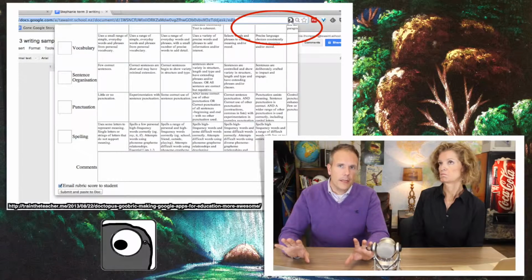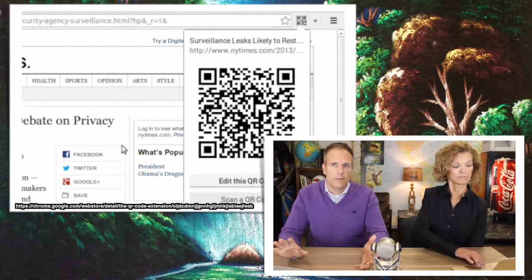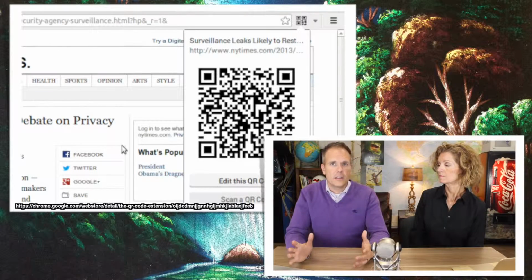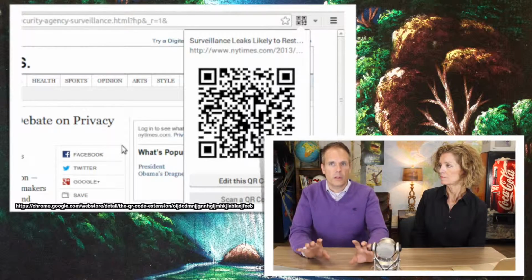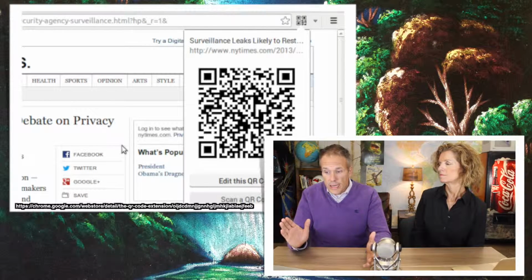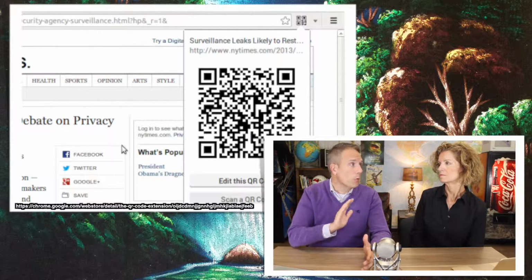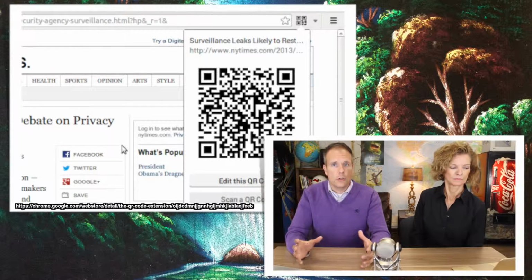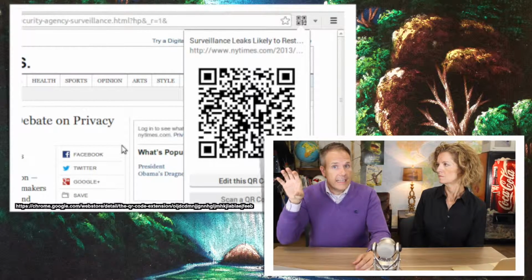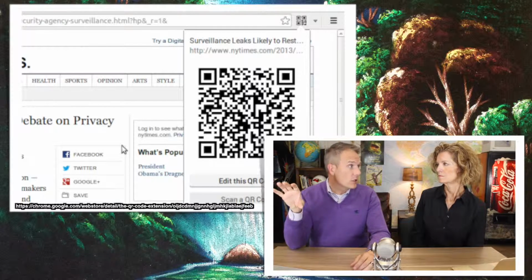So if you've ever created QR codes, and you may do this pretty frequently, where you send things to parents and then you're like, okay, well, I want to send them a QR code so they can go right to this video or right to this thing. There's a QR code generator Chrome app that allows you to immediately just select and get the QR code for the page that you're visiting right then.